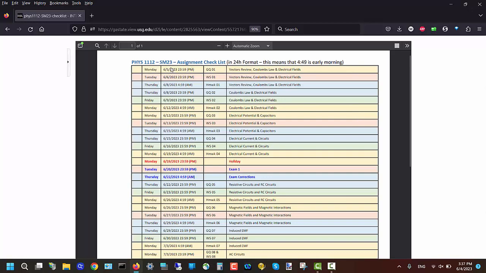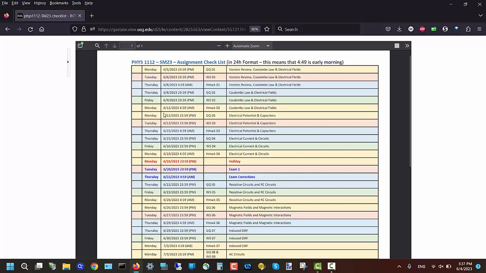On every Monday, you are going to have a guiding quiz due. So every Monday, except when you have an exam like here or a holiday, you are going to have a guiding quiz. You are going to have a guiding quiz also due on a Thursday. So guiding quizzes are due on Mondays and Thursdays. You have their due dates here. And notice here, it's basically midnight.